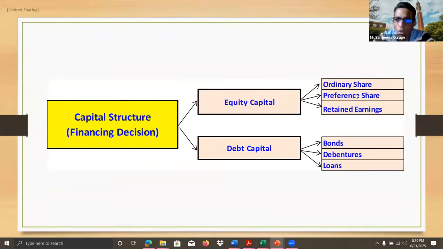Under equity, what are the main sources the company can use? Because this is equity and debt, I don't need to discuss the basics in this forum, because everyone has a very good understanding of finance concepts. You all know the benefit of using equity capital for the organization, right? What are the main advantages of using equity? You all know the advantages of using equity, right?